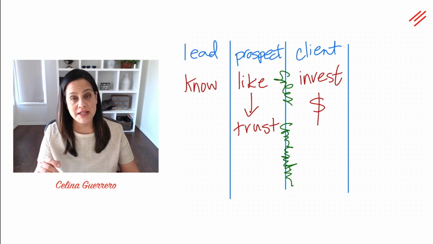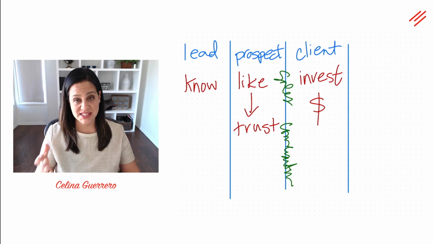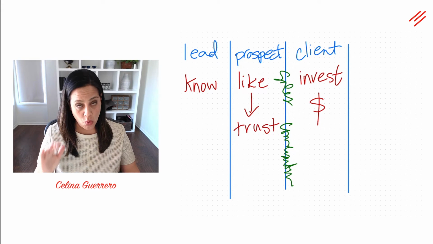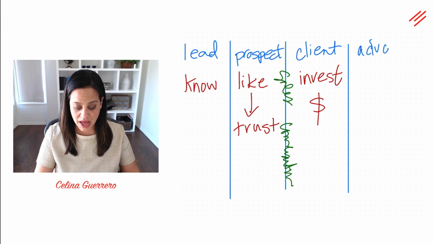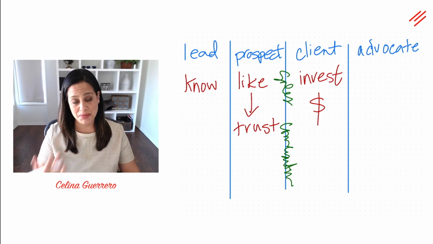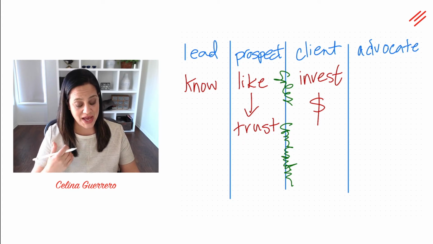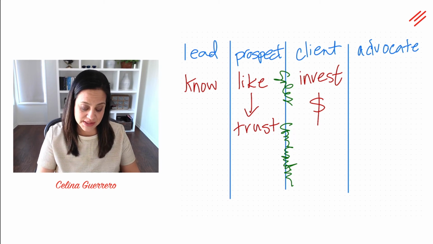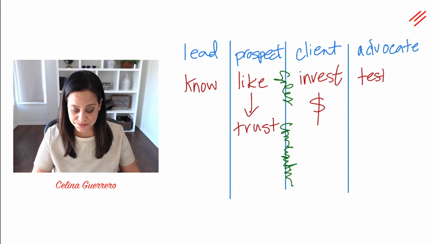And I encourage you, if you have always thought about the sales process as sort of ending there, more than ever, you really want to think of the sales pipeline as at least 4 stages, which is they become an advocate. And what that means is once they are a client and they really enjoyed working with you and they had a really positive experience and you actually delivered the outcomes that they paid you for, okay? They become an advocate. And that's, for example, when they do testimonials or they refer you,